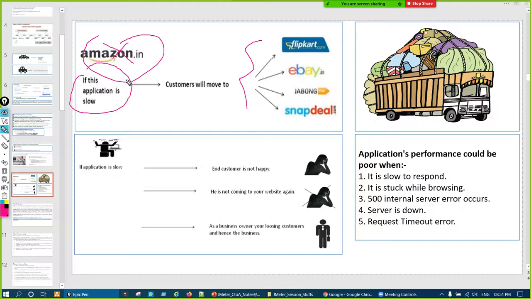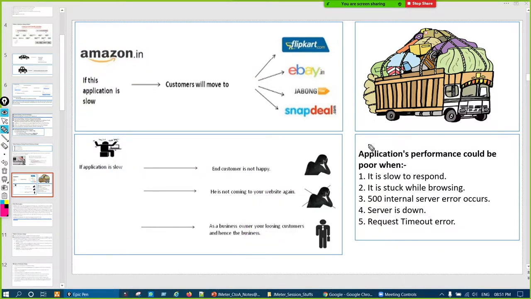That's why performance testing of any application is needed, and it's a need nowadays. If the application is slow, the end user is not happy and will not visit that website. That way, the business owner will lose his customer.